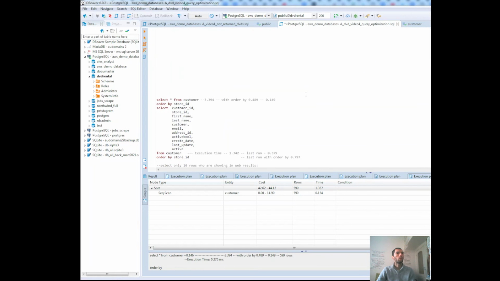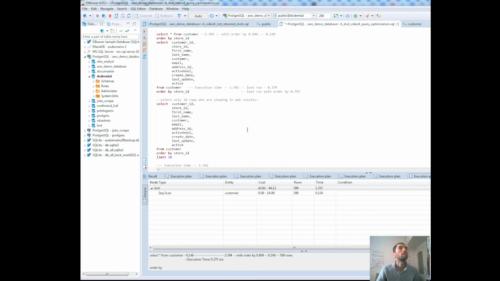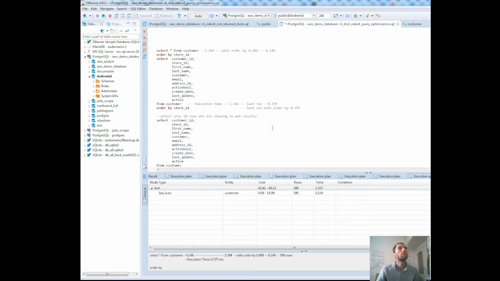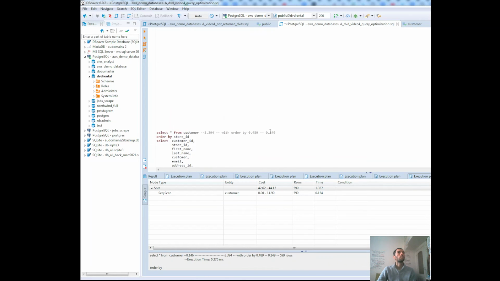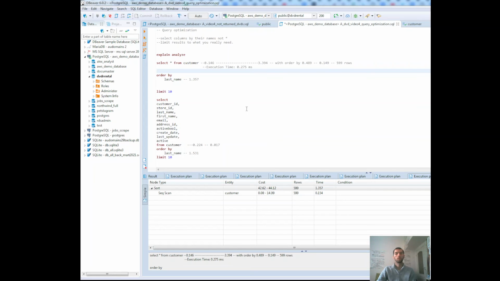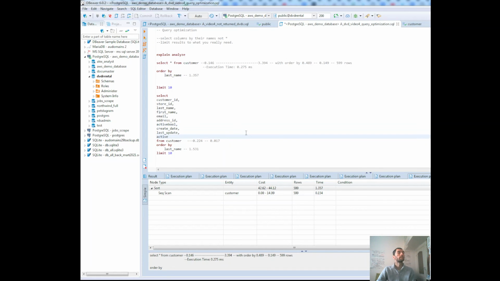Okay, let me see what notes I had here. Customer store ID. It's really strange. From customer. Maybe the beaver has some cache and because of this is faster, but just use column names instead of star, because it would be really faster. The other things that can make your query slower is a lot of ordering, which is not necessary, and a